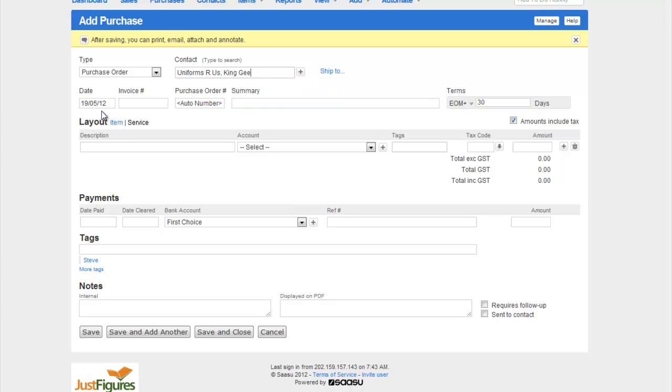Date of order would be automatic. Invoice number, we haven't actually received it yet, so we'll just leave that blank, we're just ordering it. And it will automatically generate an order number for you. Summary could be uniforms. And their terms will automatically pull in from their contact details. Description, okay, so what we're going to order,